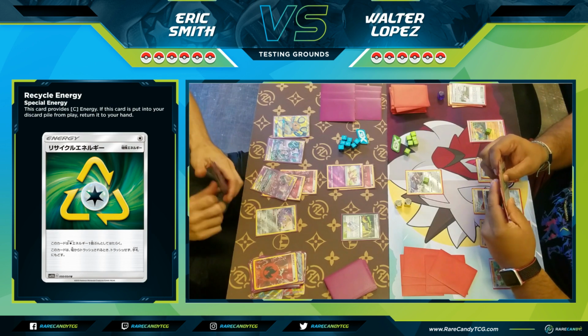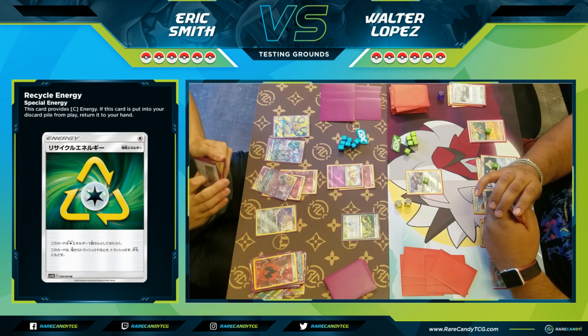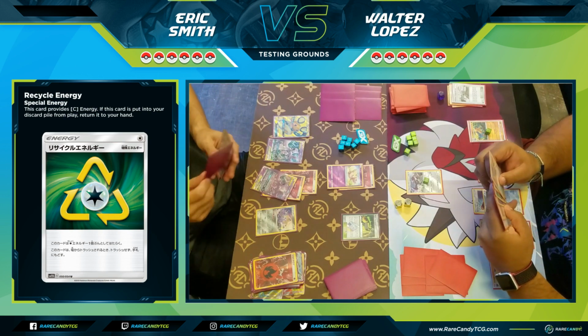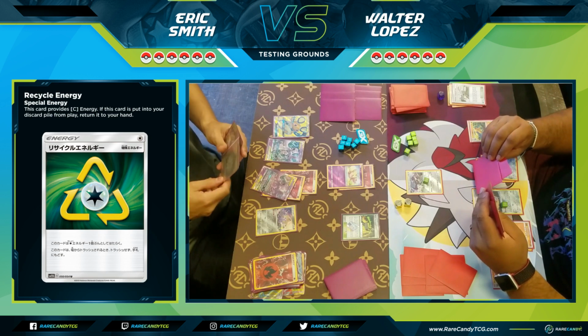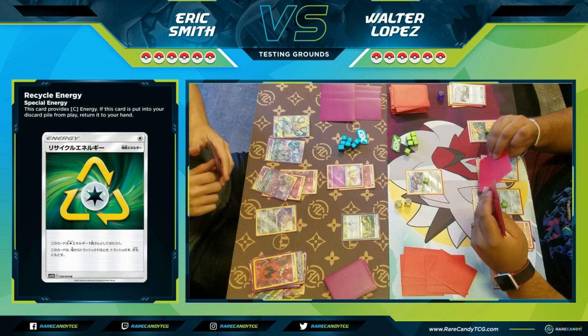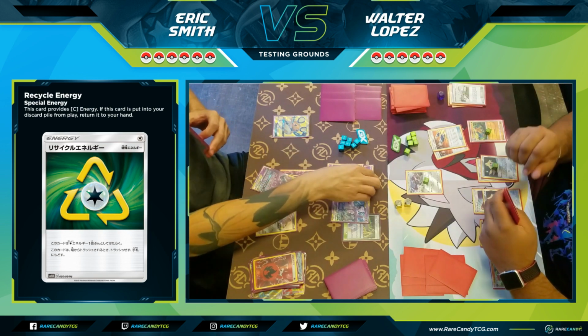Looks like he was thinking about attaching it to Archeops. So does he have a switch or an escape board? Well, no, he's already played both of his escape boards, I think. So he would need a switch to get out of this active spot with Aerodactyl, which is kind of annoying. He wants to really save these Aerodactyls because kind of the game plan I think he should have here is...